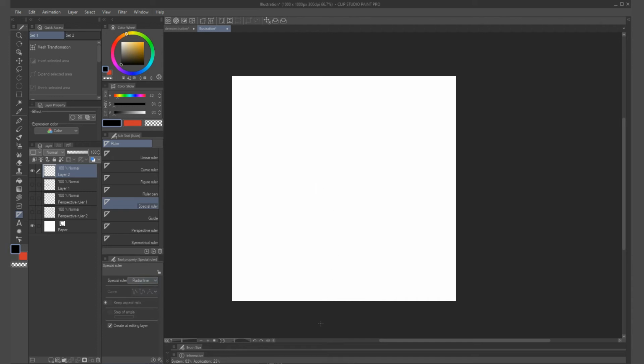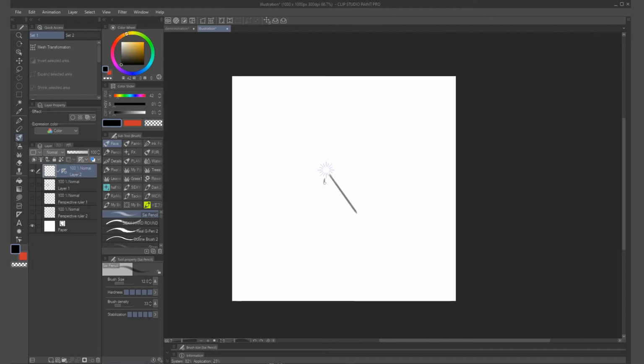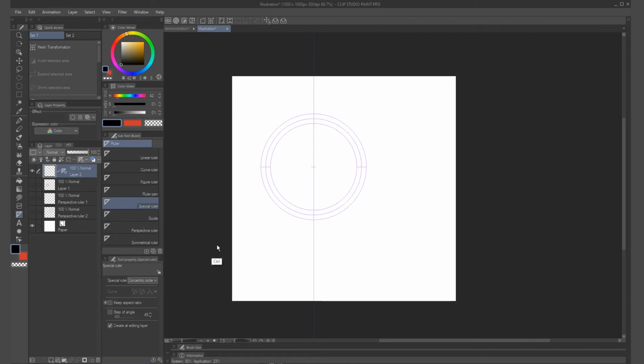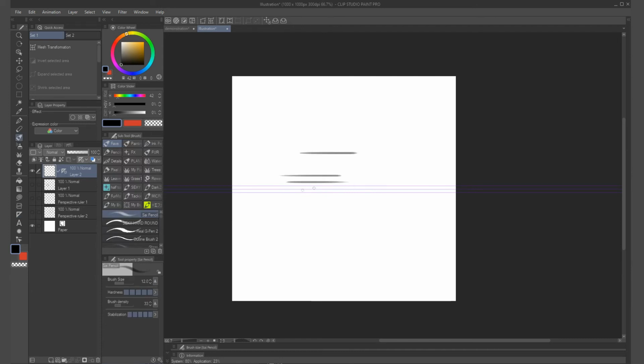It has many different types, such as radial line, concentric circle, and parallel line.